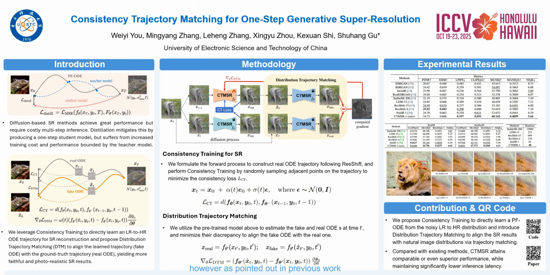However, as pointed out in previous work, the performance of a one-step student model is limited by its teacher model. If the ODE of the teacher is not rectified to be straight during training, direct distillation can only yield suboptimal results. Moreover, distilling a teacher model requires multi-step sampling to generate training data pairs, which significantly increases the